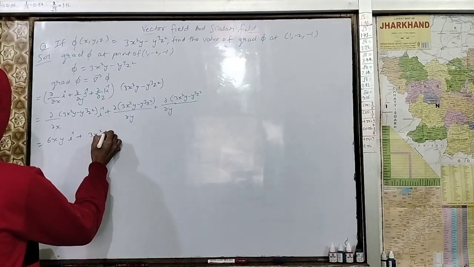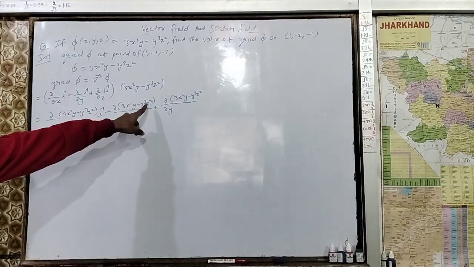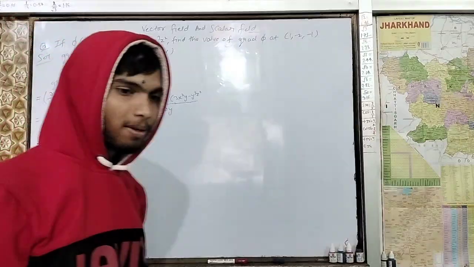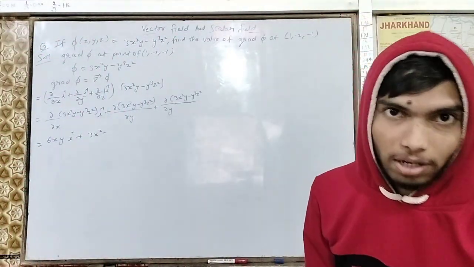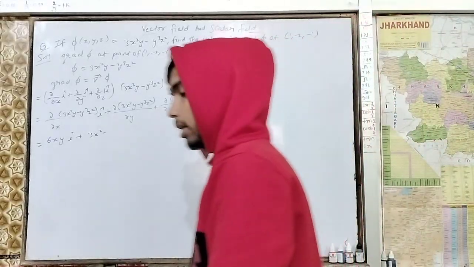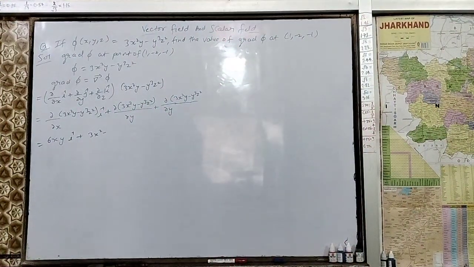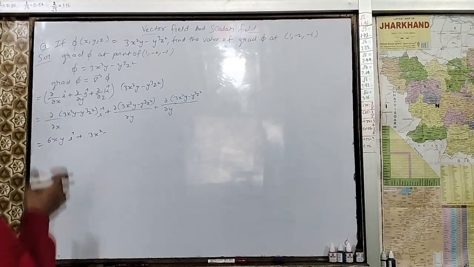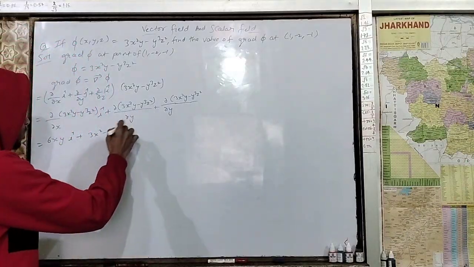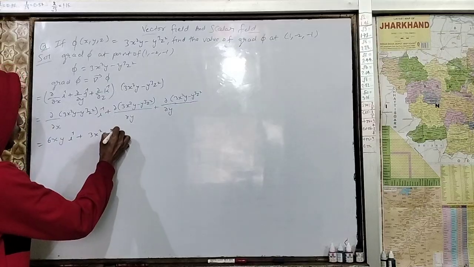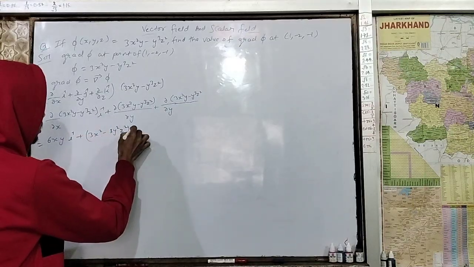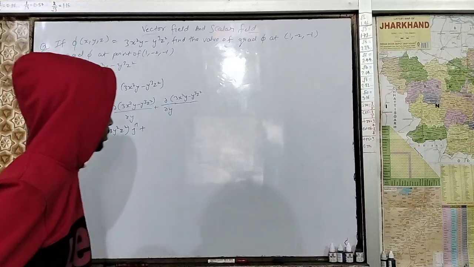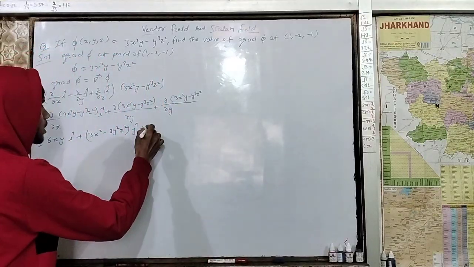3x square minus. Here you can see y raised to power 3 z raised to power 3, upon dy, is not equal to 0. The reason is in the numerator we have y and also in the denominator we have y. So z square will be as it is, okay? So 3y raised to power 2 z square. Clear? Z cap plus, here same over here, 3x square